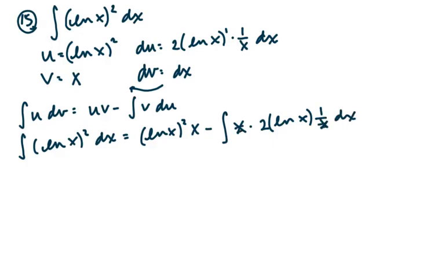So these x's cancel. So we have x, natural log of x quantity squared, minus 2 integration natural log of